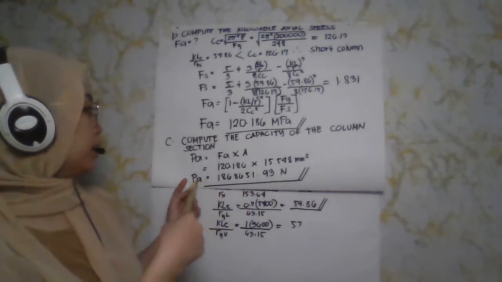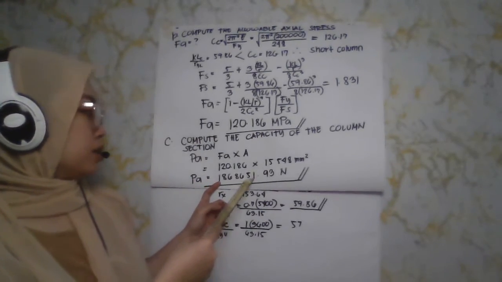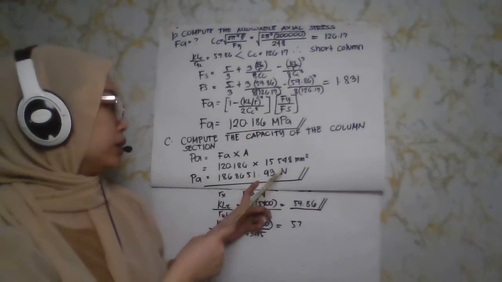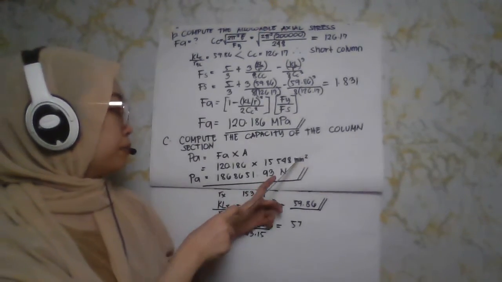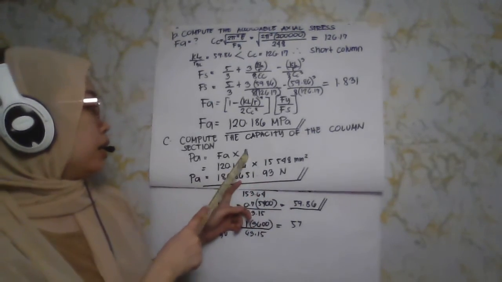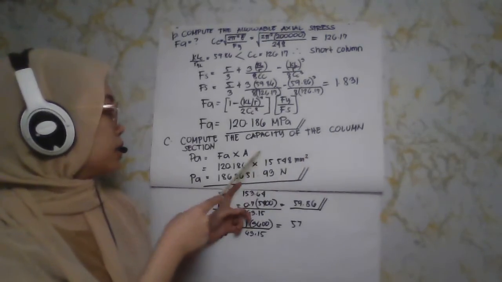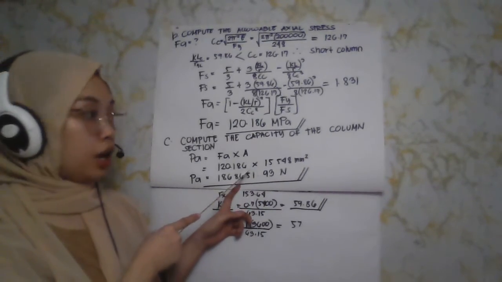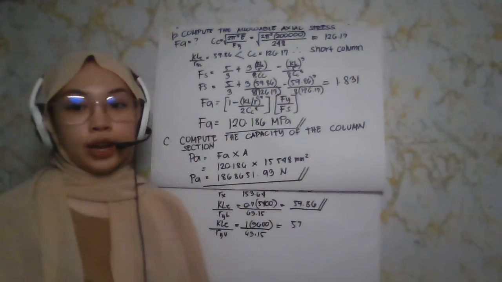So, makukuha na natin ang capacity of the column section which is 1,868,651.93 Newton. Bakit ba siya Newton? Kasi mm squared to and MPa is Newton over mm squared. So, cancel lang natin ang mm squared. So, makuha natin ay Newton. So, yun lang ang